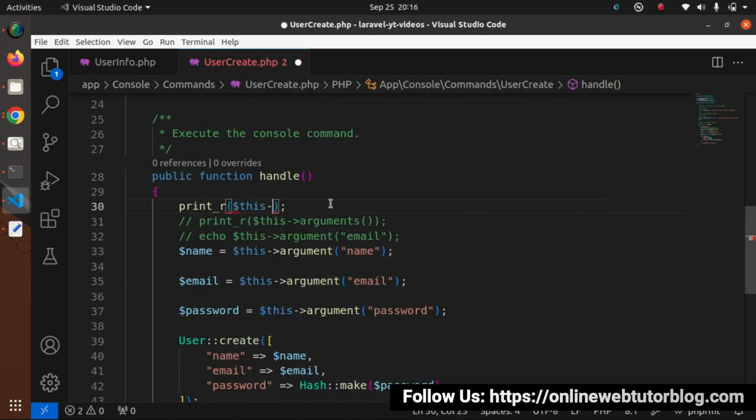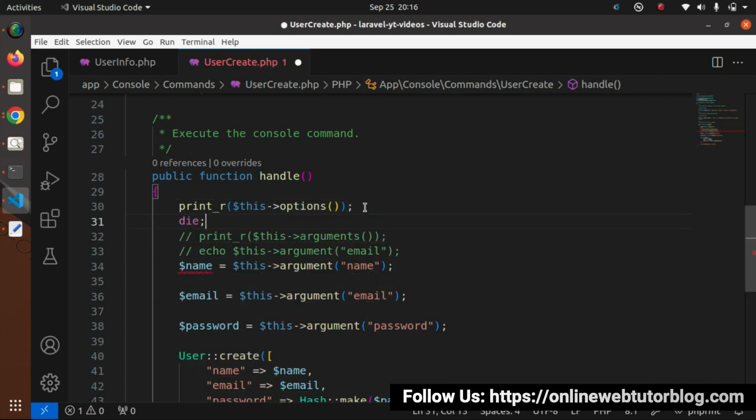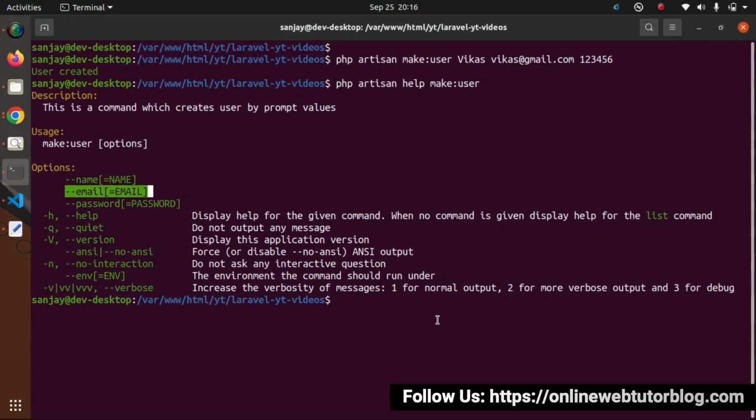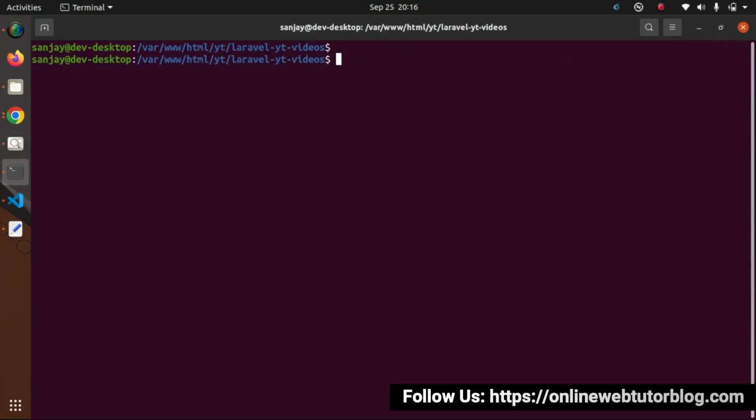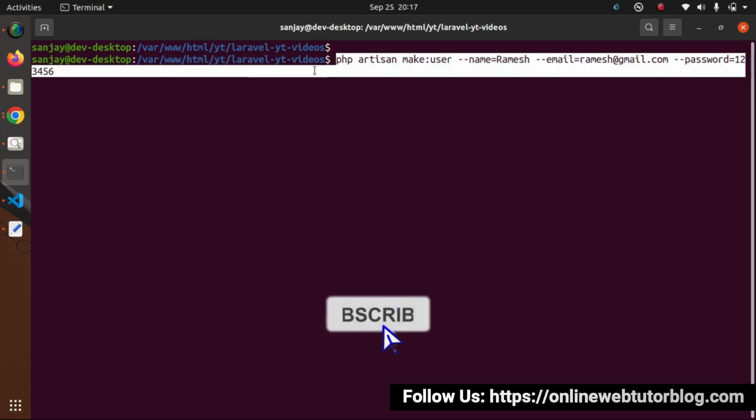and I will call this options. Save these changes. I will type die here, back to terminal. So first I will pass values. So php artisan make user, we have the first optional parameter as name. So here let's say that I am passing the name value, email equals to this email value, and password equals to, and the password is 1 to 6. If I copy the complete command,